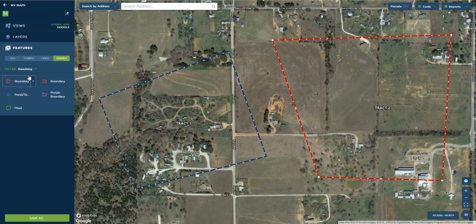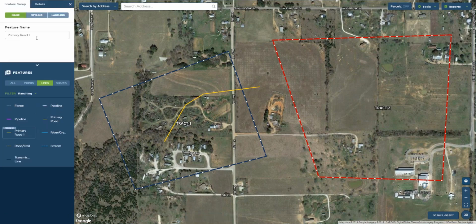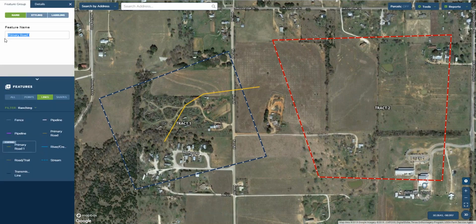But once again, if you just wanted to do real simple, I wanted to maybe just draw in a primary road here, and then I'll click on it, I'll copy it, primary road 1, go to the pencil, and I'll call it Paved Road. Go to the styling option, and I can change the styling to whatever I want. Then when I draw it in, it is also different.